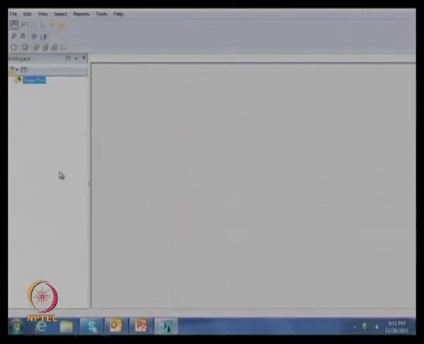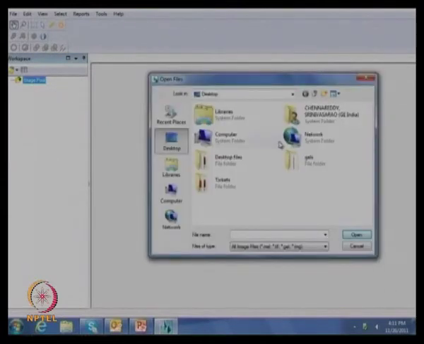This is the software layout, as in your PPTs, the original software layout. Here there is an option like image loader. Wherever your gels are stored, you can go to that place and add the gels.